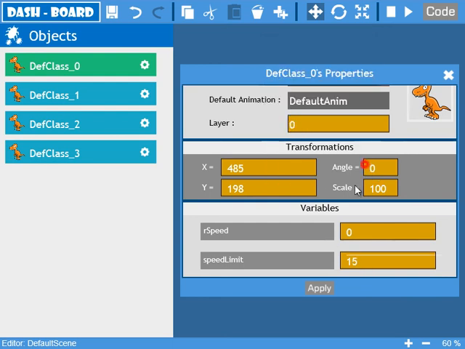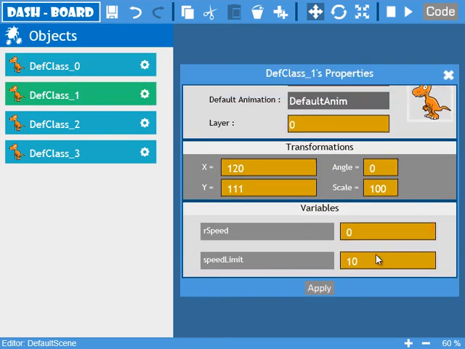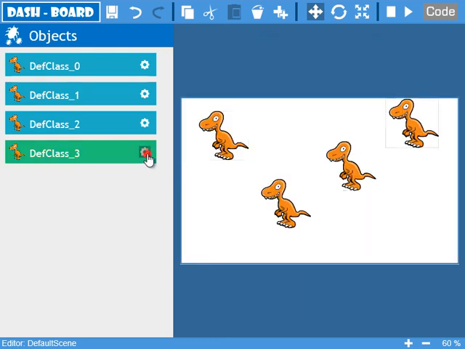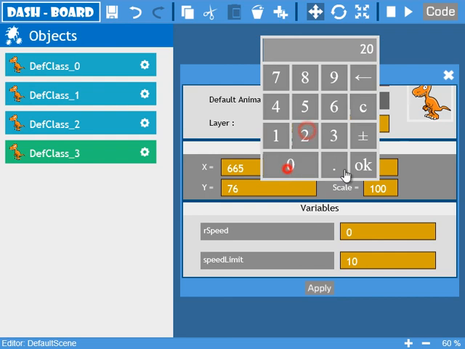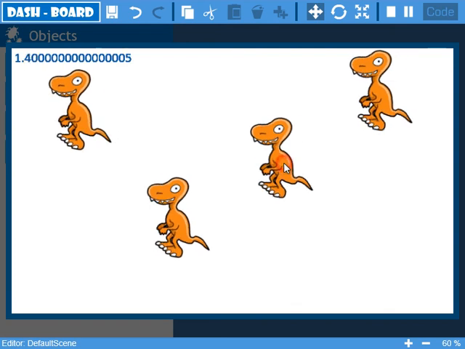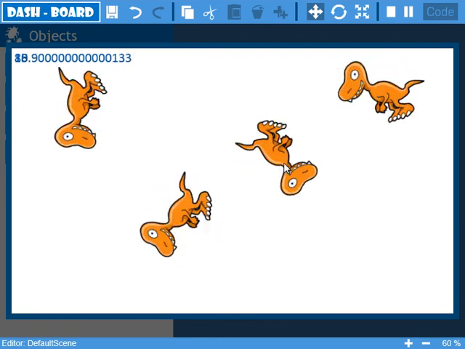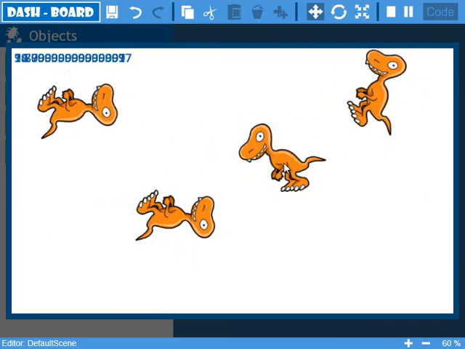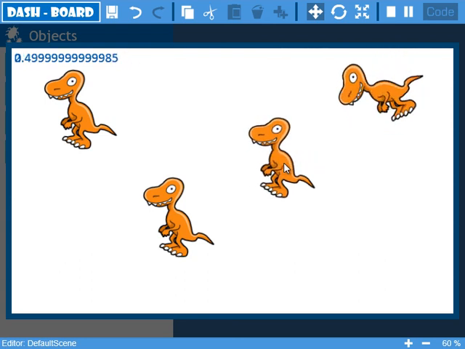The value set like this will only apply to the object that we have opened the property window for and will not affect the default value of the variable for any other object or for the parent class. As we can see, each object speeds up at the same rate but attains a different maximum speed. Different objects come to stop at different times when we release the mouse button, since they were rotating at different rates.